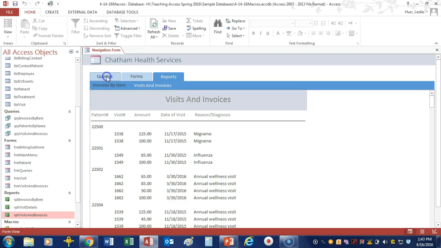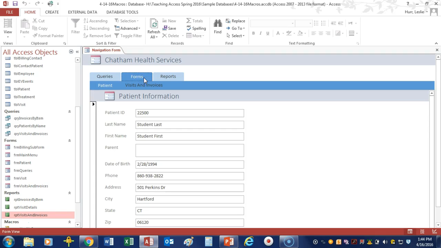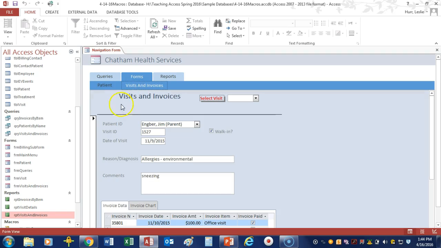So, for example, I can click here on this tab, and it has the form FRM queries associated with this tab. And here I can click on this tab, and I have two tabs underneath it, patient, and so then this particular form is associated with this sub-tab, or I can click here and see another form that's associated with